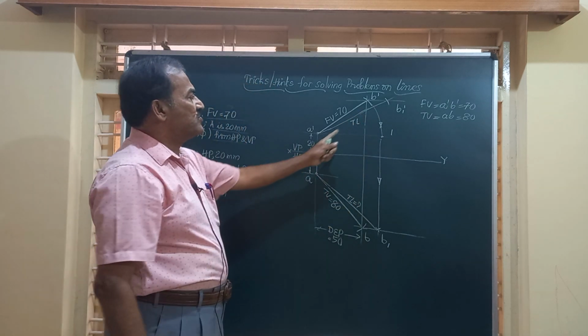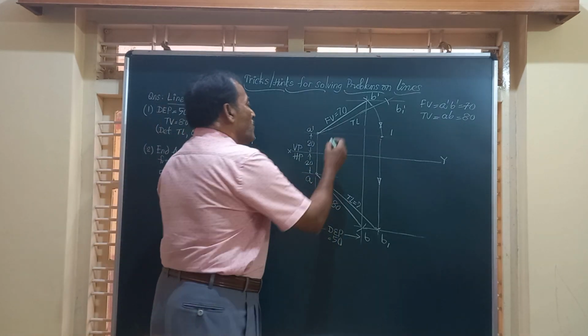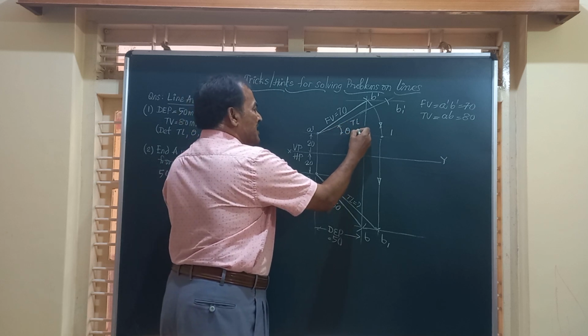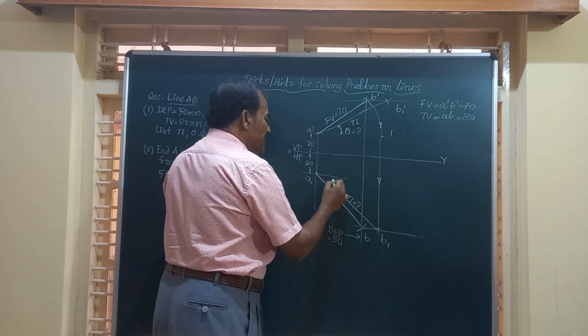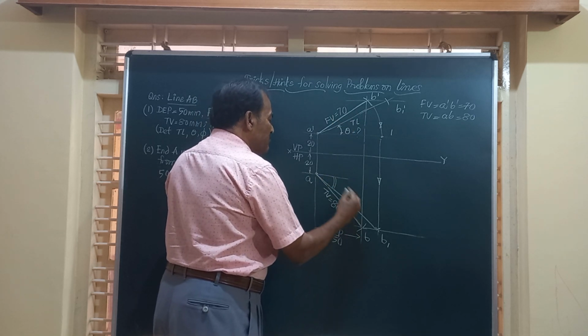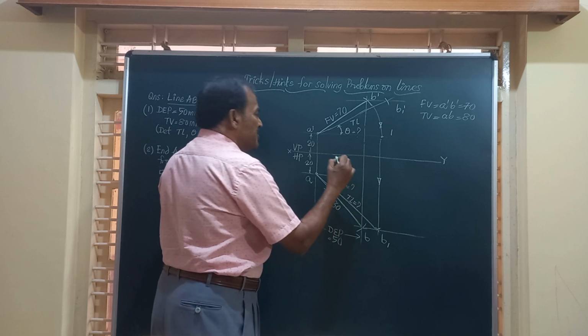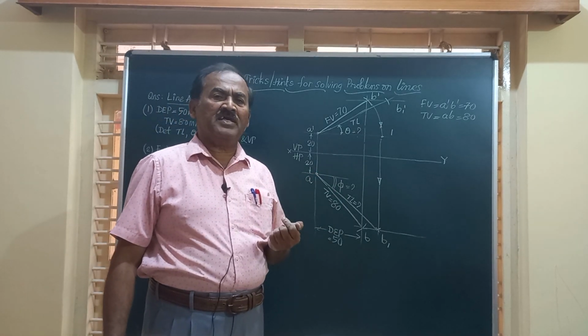And once you have the true length in both front and top view, you can find out what is theta. Theta means the angle made by the line with the HP, which can be measured. Similarly, what is the angle made by the true length line AB1 with VP? That is called phi. So you can measure the angle made by the line with the reference planes,